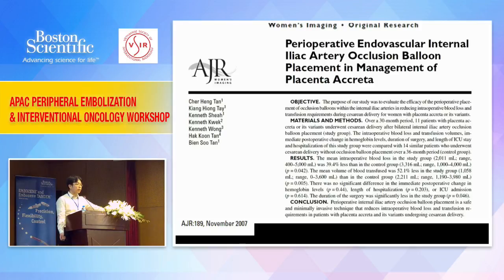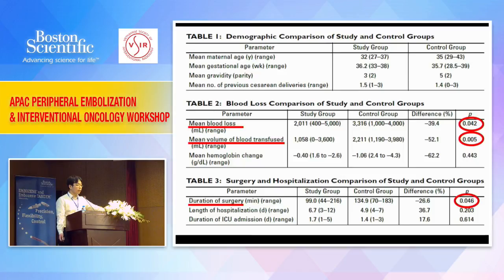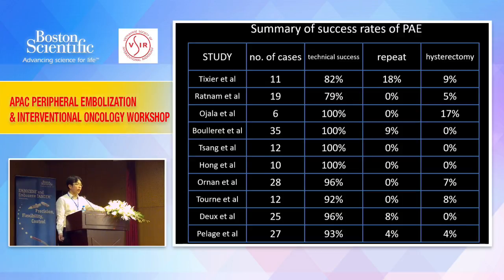Okay, so there are some papers out there, and this is a paper that was written in Singapore about 10 years ago, and there was definitely a statistically significant reduction in the blood loss and the amount of blood that is required for transfusion. And if the patient does go for surgery, there is also a significant reduction in the operative time. And this is not just seen in our paper, but it's also seen elsewhere in the rest of the world, as you can see. But the main problem is that the number of cases is actually low. It doesn't occur very often,